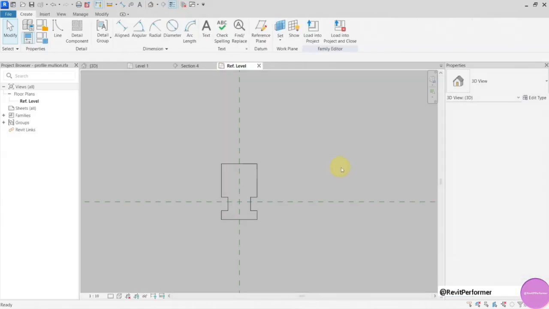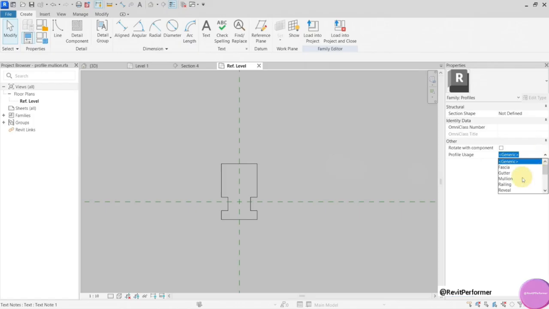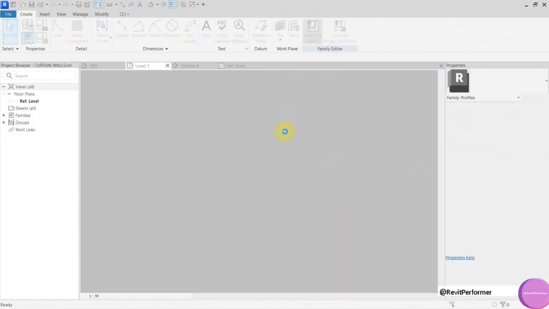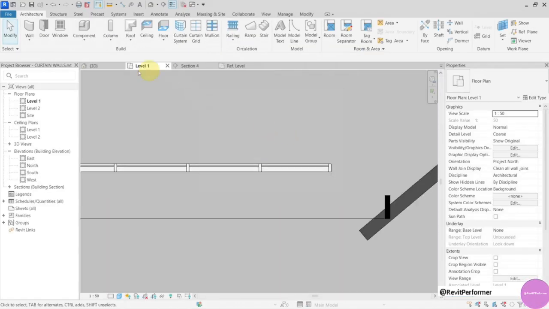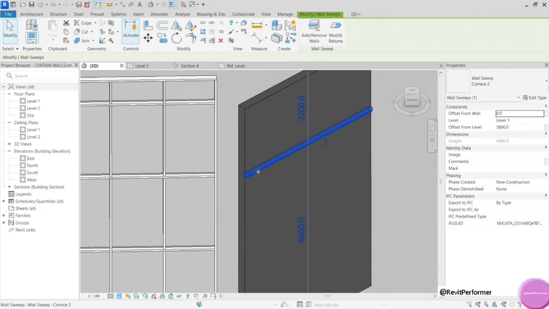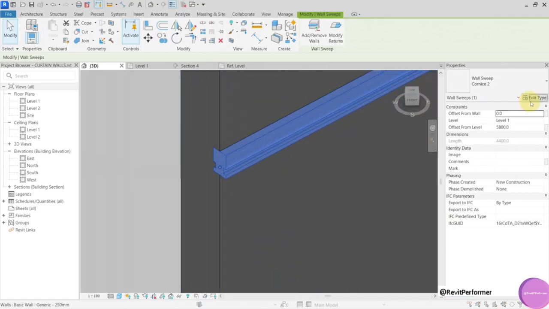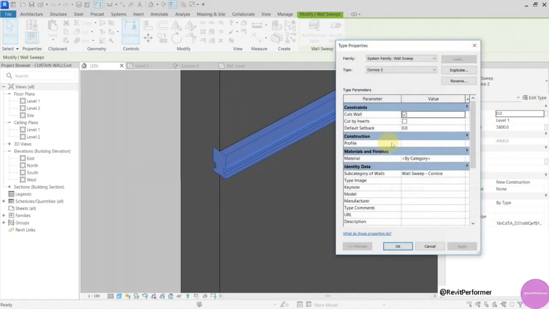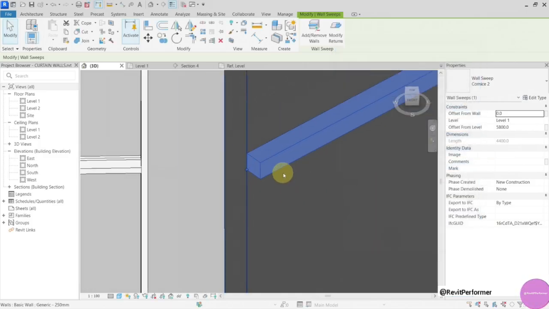So if I go back here again, change this to mullion, and load it into the project, now it will stay like this, but if I try to modify it, you can see that there is no profile here because now it is not categorized as the wall sweep profile.